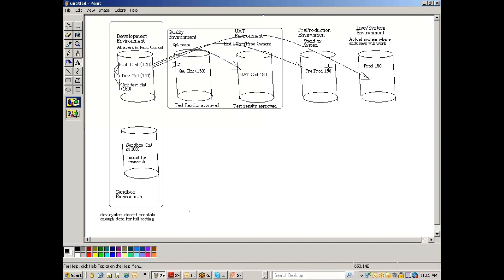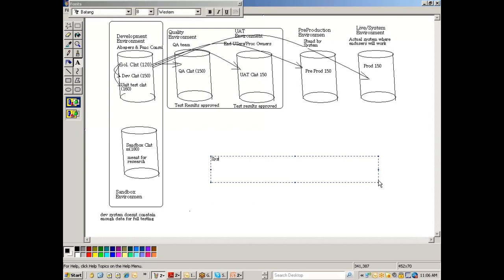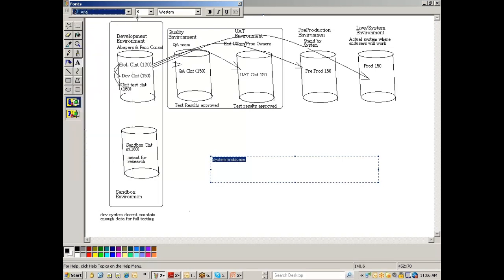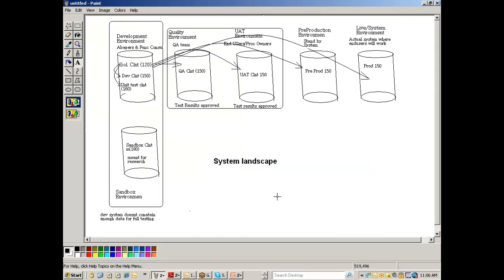So this is what we call the system landscape. You have no role to play in deciding the system landscape. It will be taken at a higher level. Once the project kicks off, the project management team in association with the technical team, the top level project team, the project lead and the module leads, everybody will sit together. They will decide